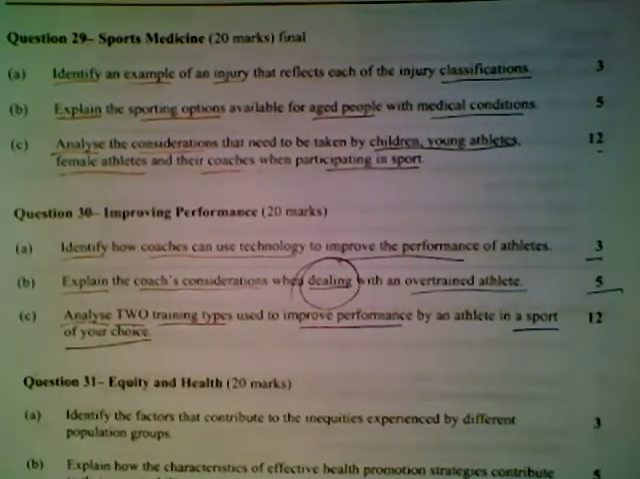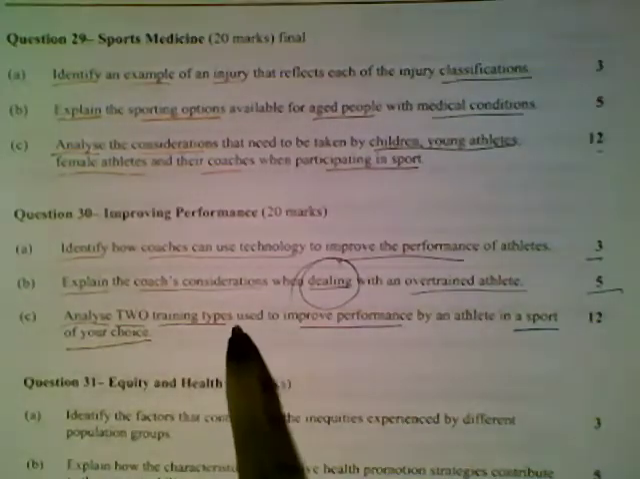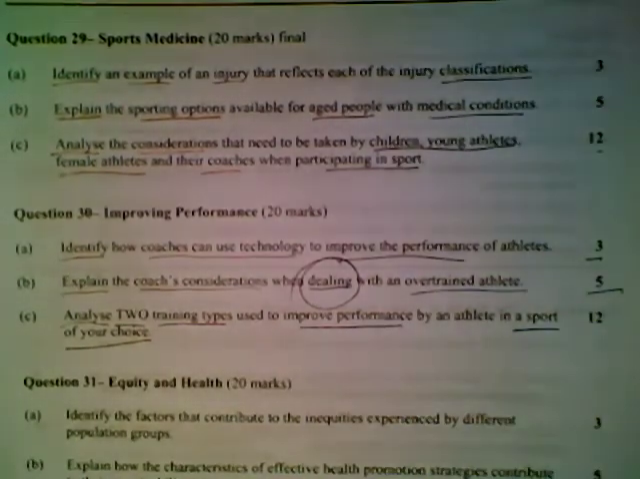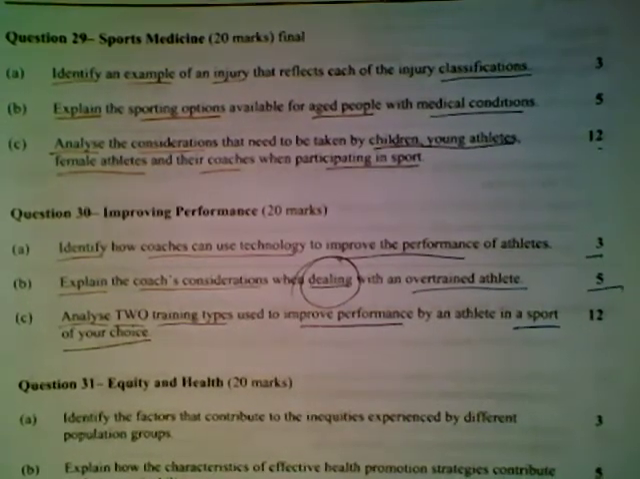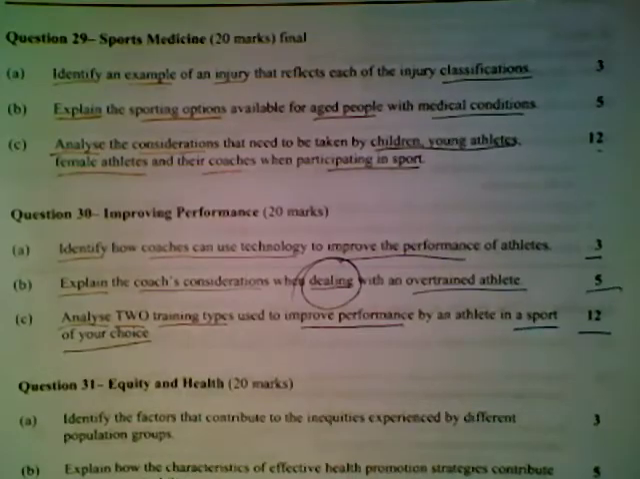So the students need to show the relationship between the training type and how that's going to improve performance and being related to a sport. And they need to do that for 2 different types of training. And as I said earlier, the question is worth 12 marks. If we go and have a look at our syllabus,